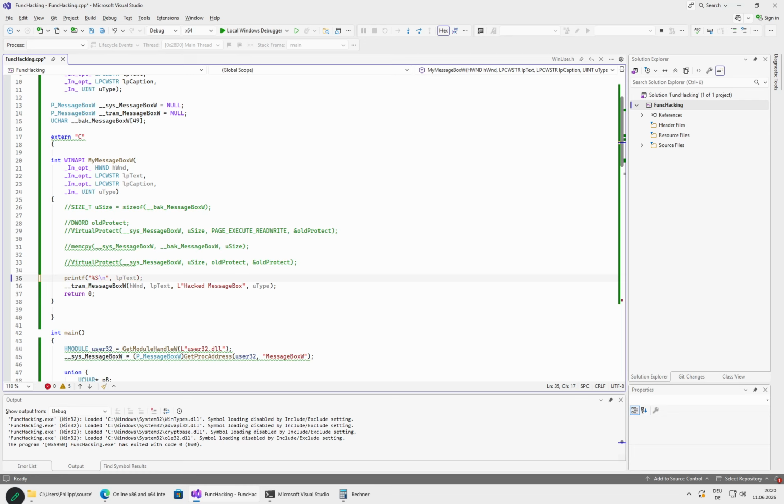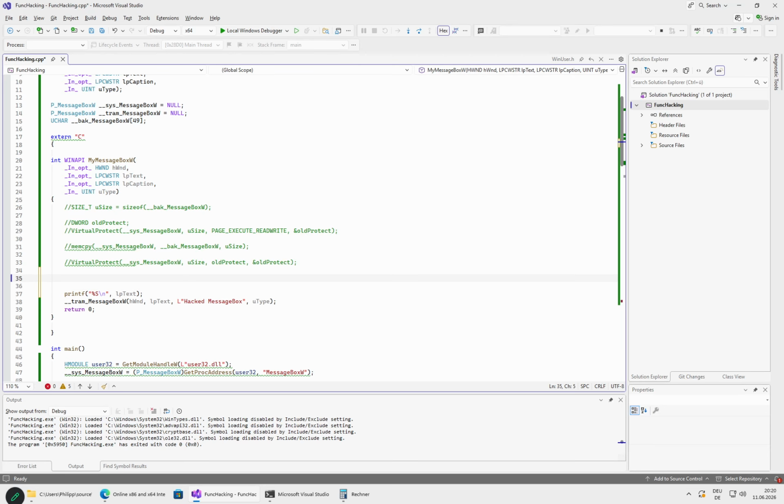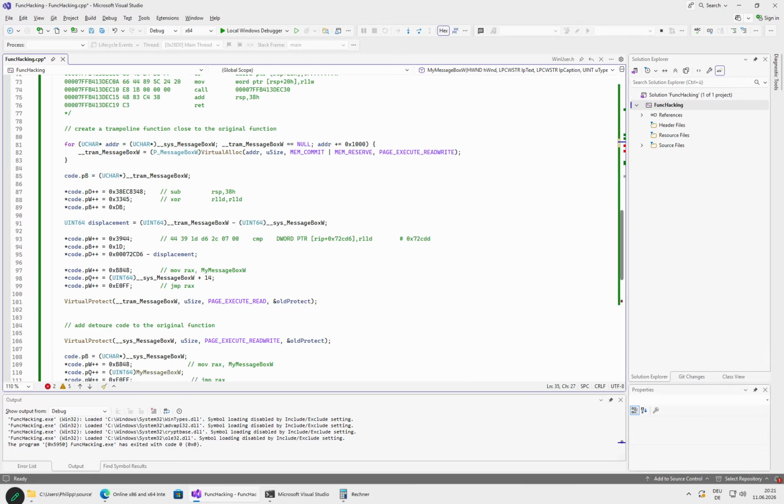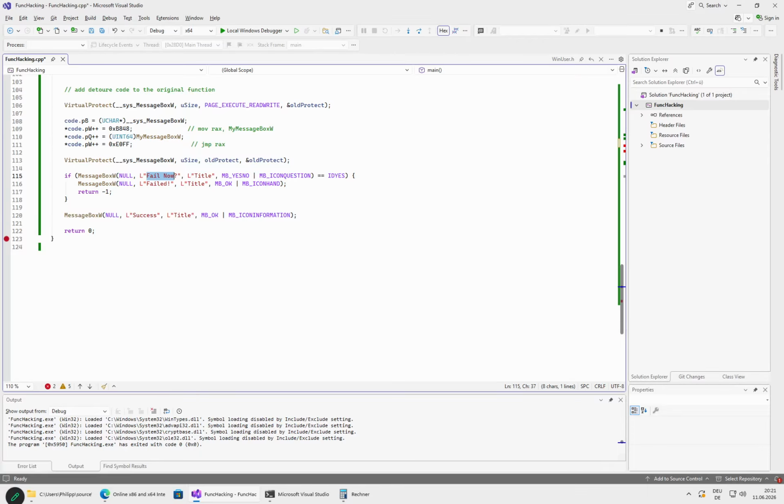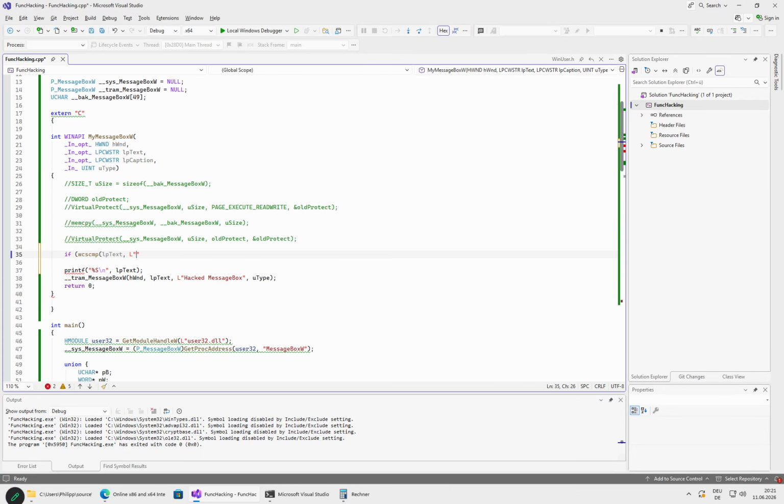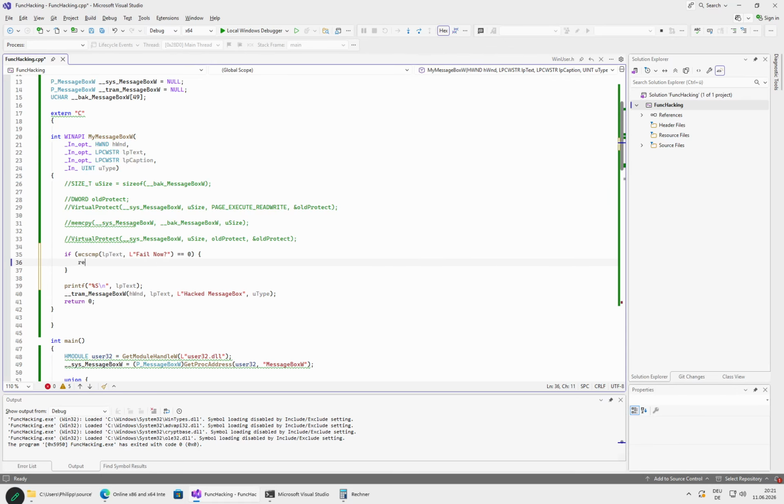And now, of course, we could also change the logic of the function to make it do something automated. For example, we don't want to always ask the user whether the application should crash or not. So let's see if VCS CMP, so white string compare text, comma L. Let's copy the original text, fail now. And if this is 0, so if this is equal, then we just return ID no,